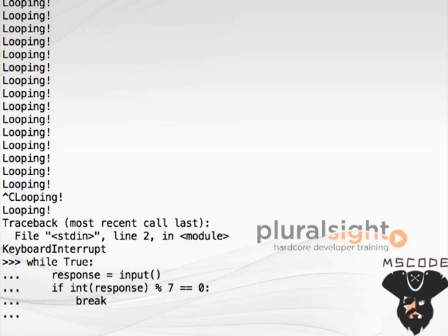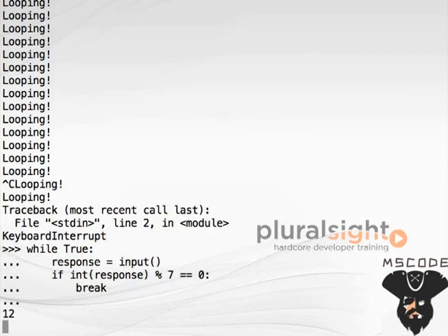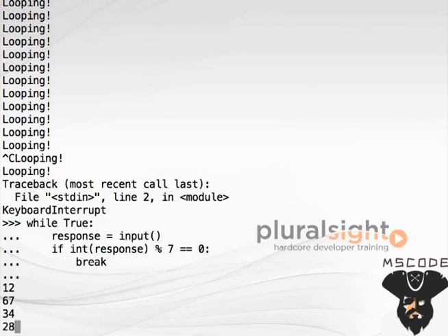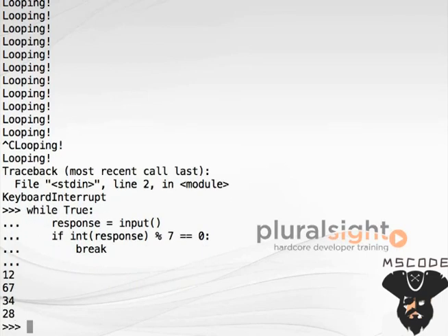Our loop will start executing and will pause at the call to the input function, waiting for us to enter a number. Let's try a few. 12, 67, 34, and 28. As soon as we enter a number divisible by 7, the predicate becomes true, we enter the if block, and then literally break out of the loop to the end of the program,